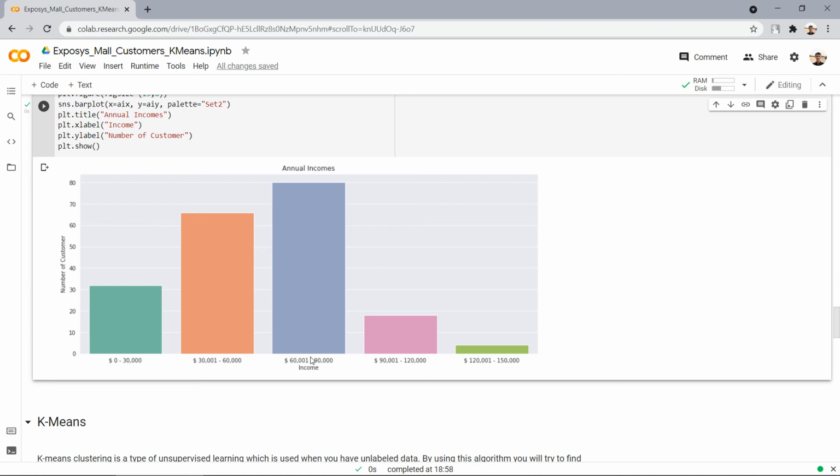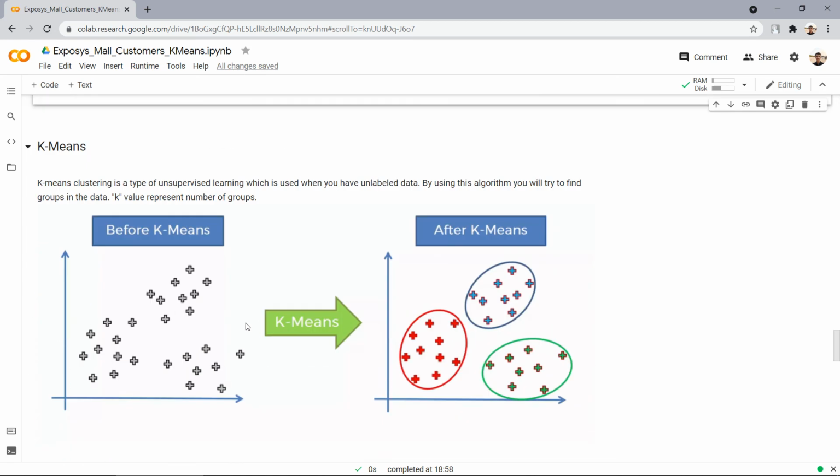By using the above plots, let's use the k-means algorithm to visualize the data. K-means clustering is a type of unsupervised learning which is used when you have unlabeled data. By using this algorithm, you will try to find groups in the data. K value represents the number of groups.